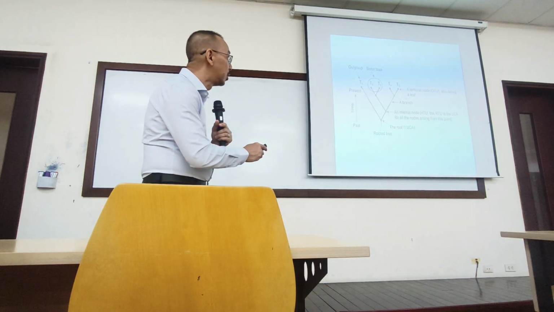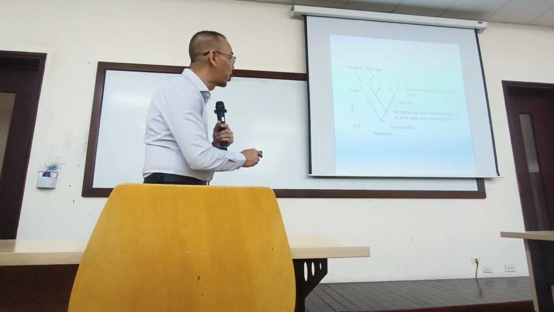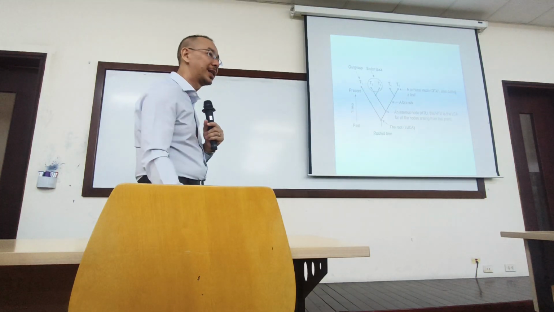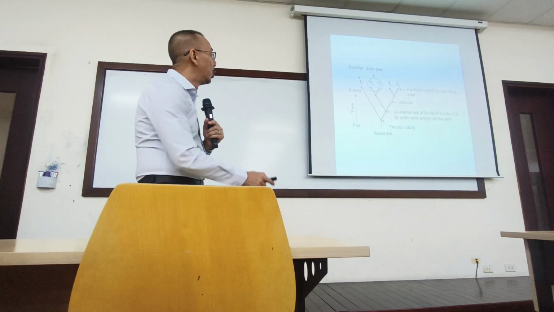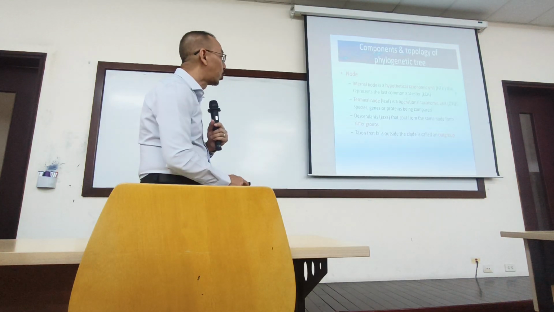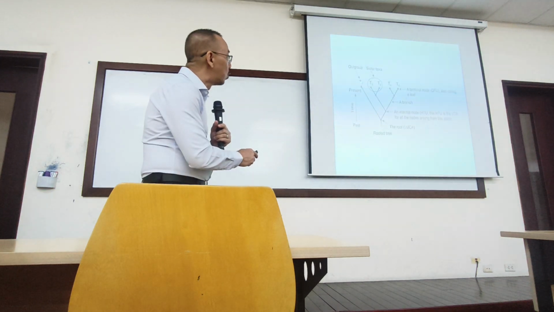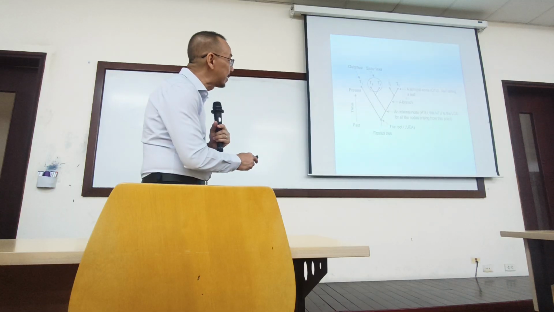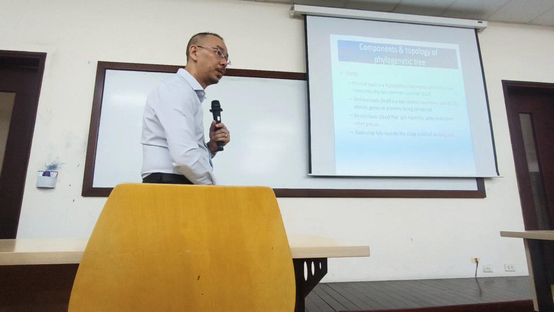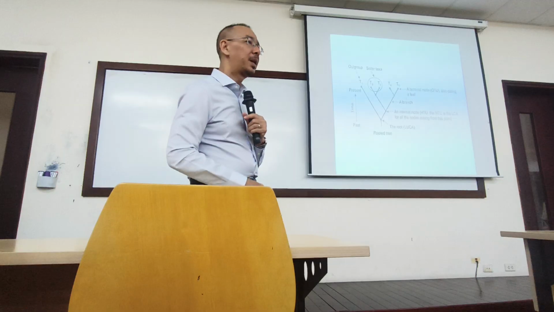T2 and T3 have the same common ancestor, and we call them descendants. T2 and T3 share the same common ancestor, we call sister group. T1 does not share this common ancestor with T2 and T3, we call outgroup. We do not have the same common ancestor, but it depends